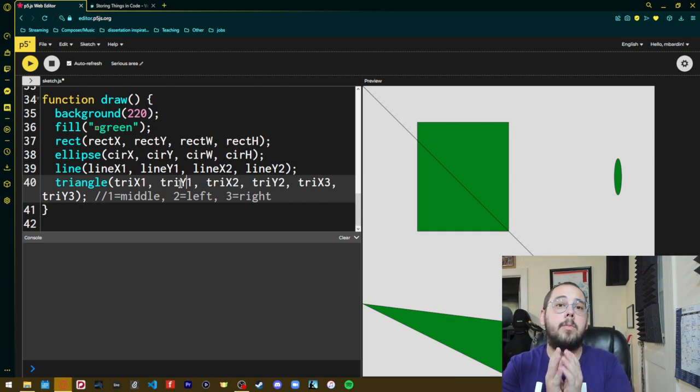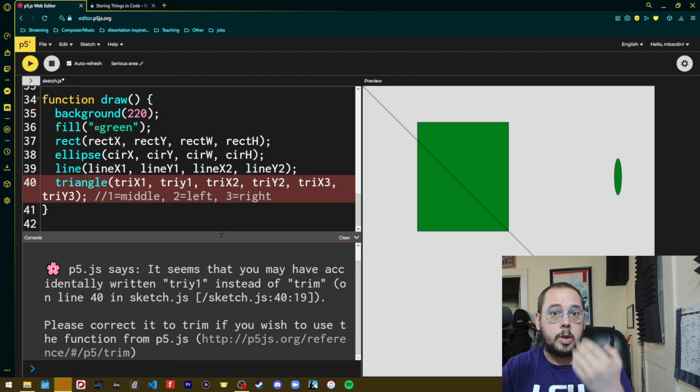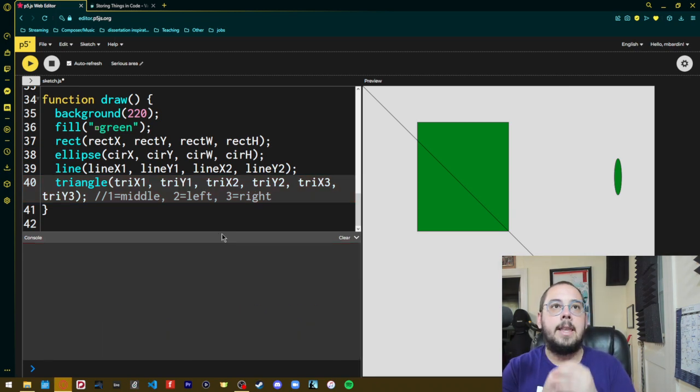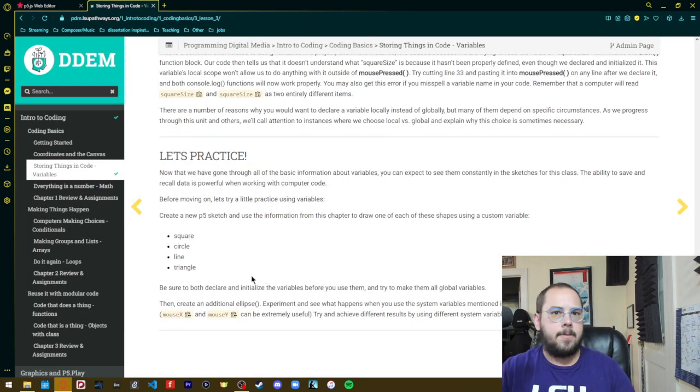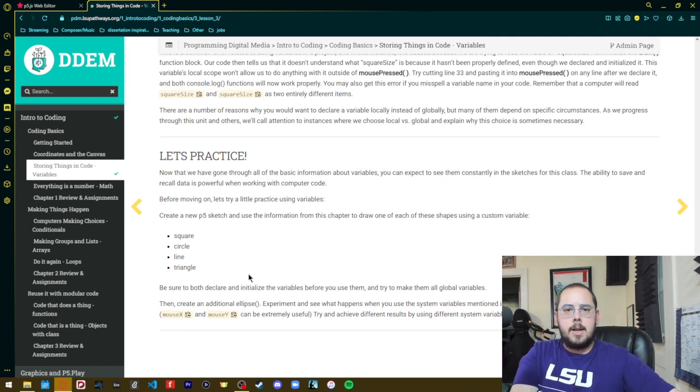You, as a reader, reading the code, would know that that's what it is. But again, this Y is different than that Y, so we get a bug. Computers are very literal, so that's what's happening right there. Okay, so that's the end of the variable section. So, if you had any questions about that, definitely pause this, put a little comment down below,